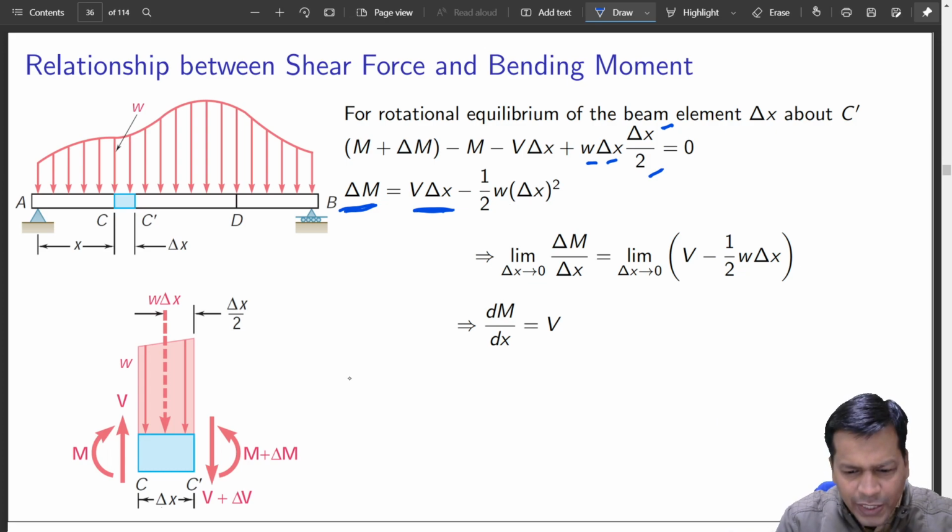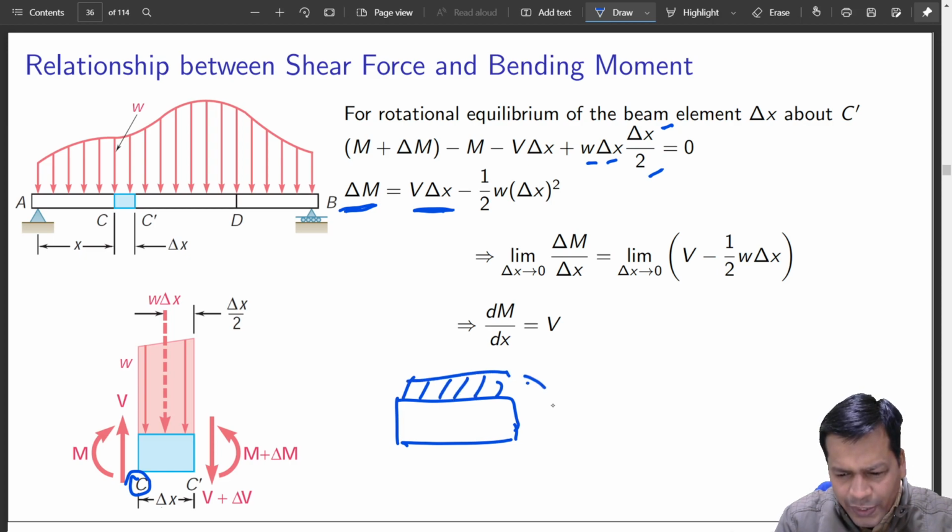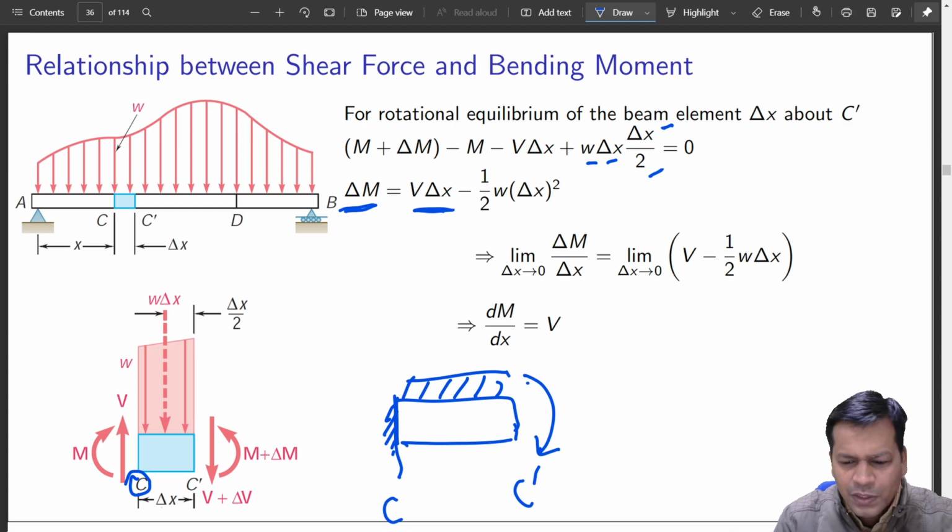And why convex? Because you are taking this point as something, and what is this trying to do? The load which comes next, okay, this load is trying to make it something like this. So this is the point, C dash was the other one, this is the point of interest that we assume is fixed. Okay, so this is what is trying to make the beam something like this, so that is why it is negative. Okay, so these are the two things that you need to remember.